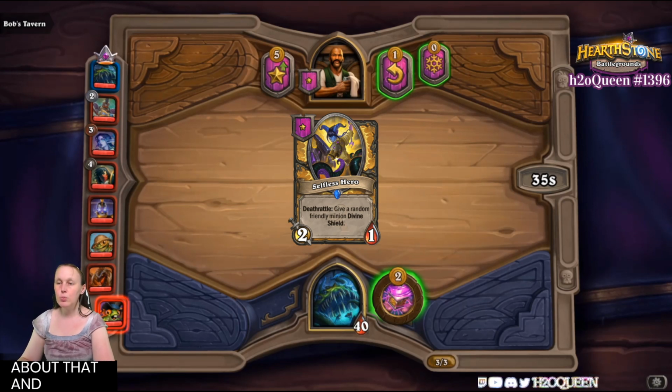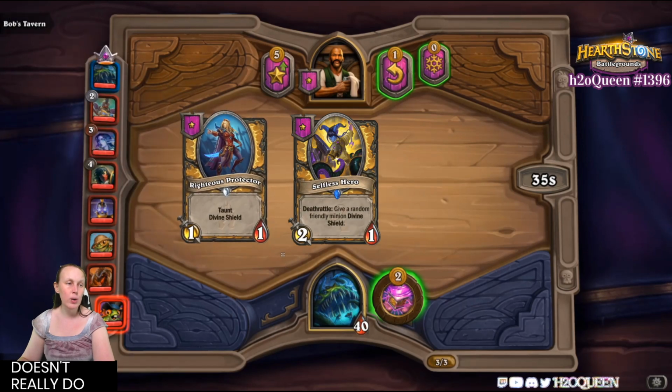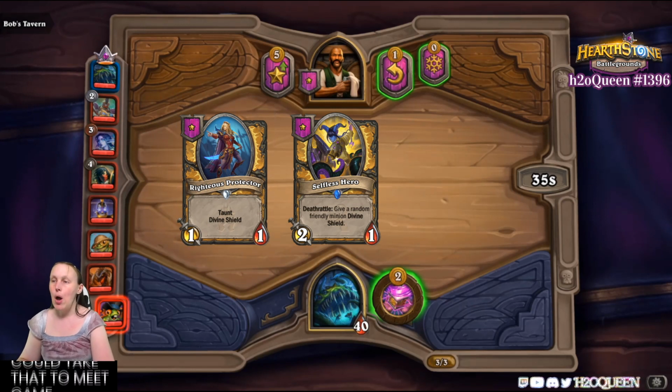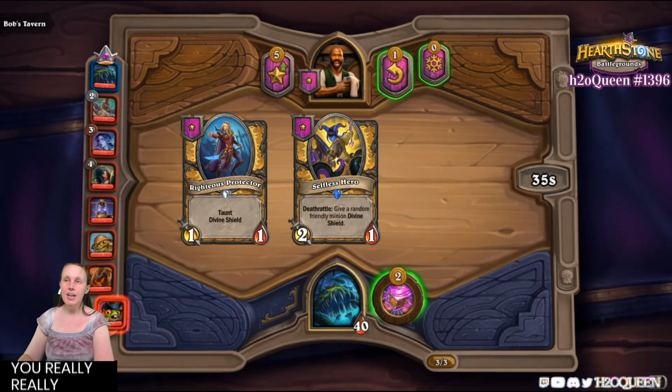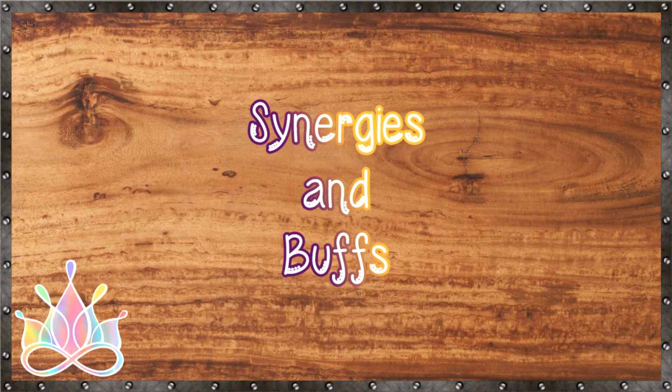And there are some others as well, like Righteous Protector, but that one doesn't really do as well. Even Selfless Hero is a pretty good minion. You could take that to mid-game quite comfortably, but only if you really, really need it, and your team is super weak. There is a time and a place for every minion and where it works and how it goes. So for example, Selfless Hero would be the first card that you would have on your board placement. And yeah,